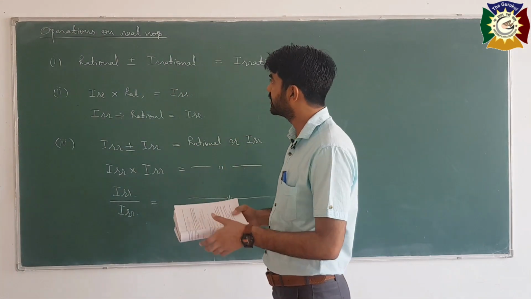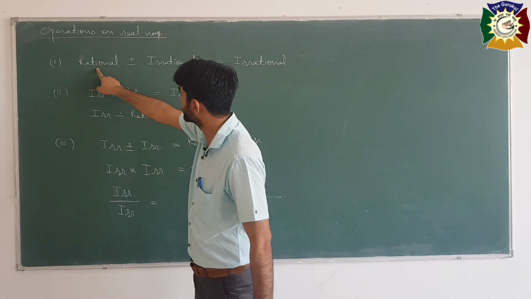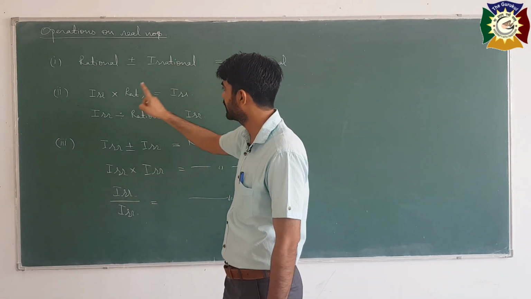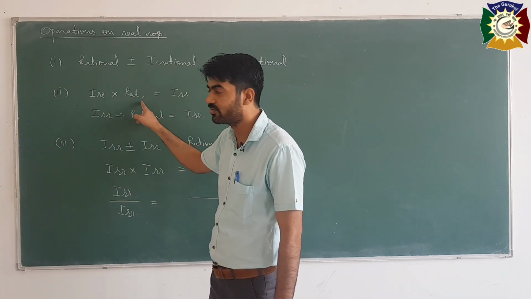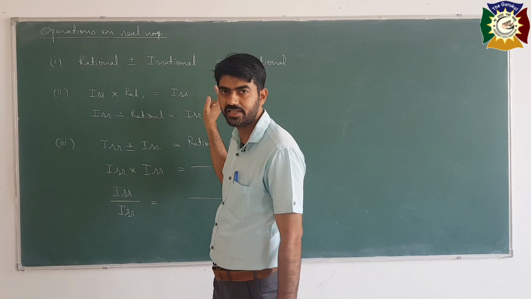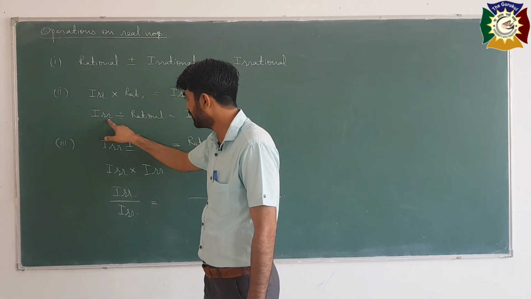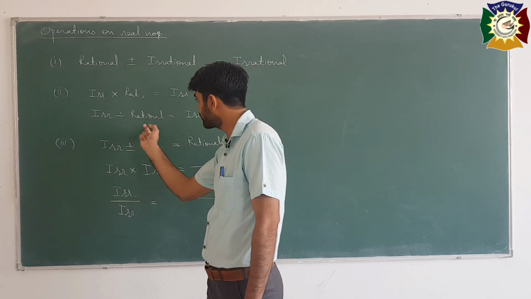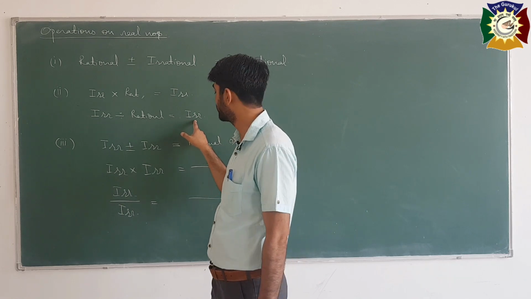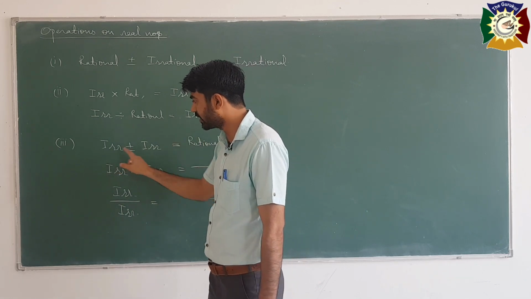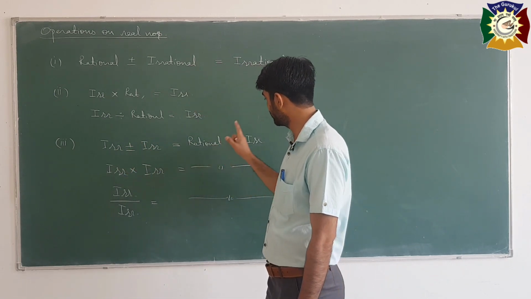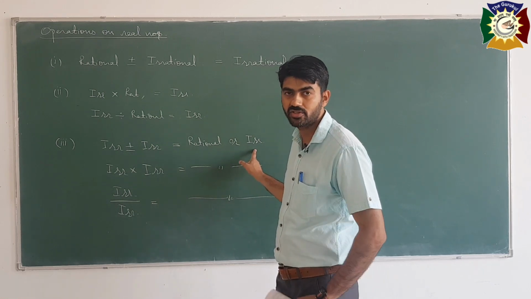So what is definite? Definite is that if rational plus or minus irrational is there, then the answer will be irrational. If irrational is multiplied by rational, one irrational and one rational, then the answer will be irrational. That is fixed. If irrational is divided by any rational, or rational divided by irrational, then the answer will be irrational. That is also final. But if we take both irrational numbers and add or subtract, then the answer may be rational or it may be irrational. So it is not fixed.